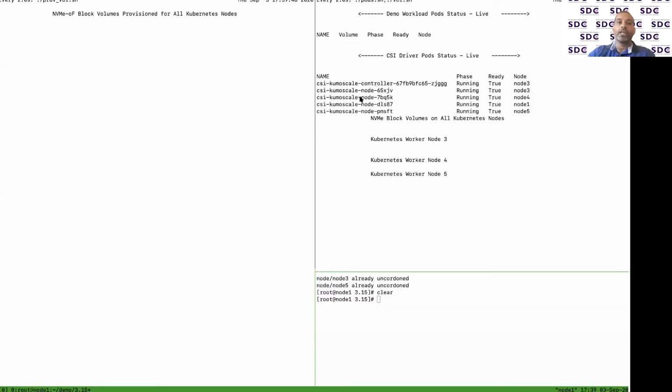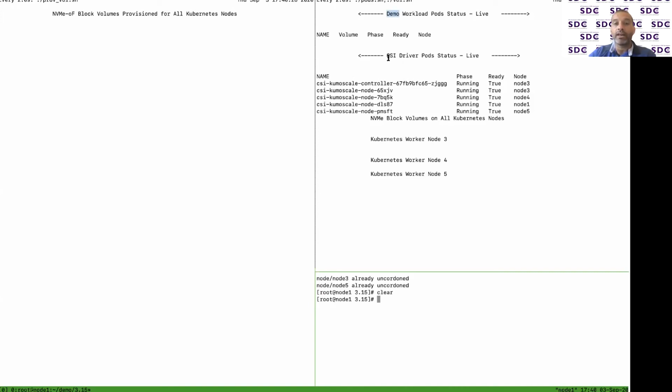All right, so in this demo, I am showing 3 screens. On the leftmost screen, there is a list of volumes provisioned from a central storage. In this case, this is coming from our product called Kumoscale, which is an NVMe over Fabric storage node or a storage cluster. And the top right window shows how my workload is running. Right now, I don't have any demo workload running. I'm going to start one soon.